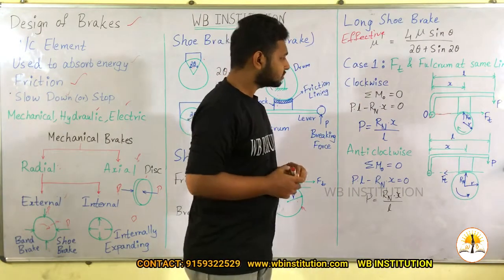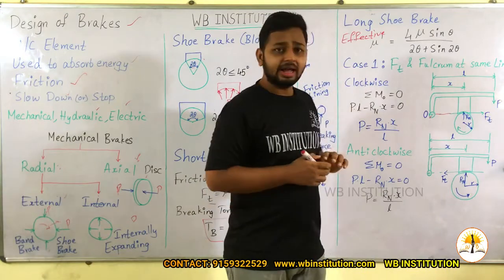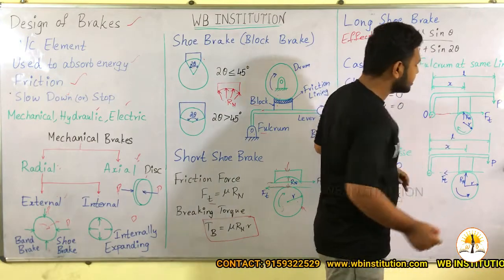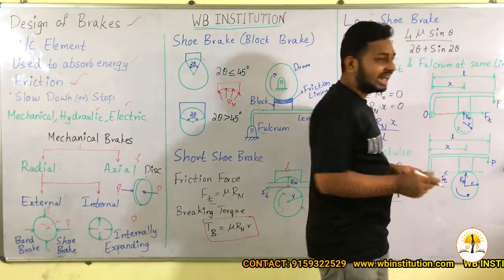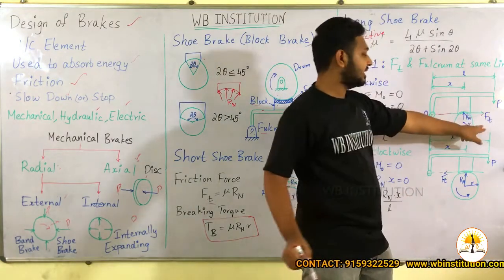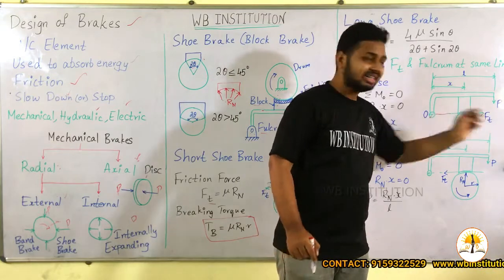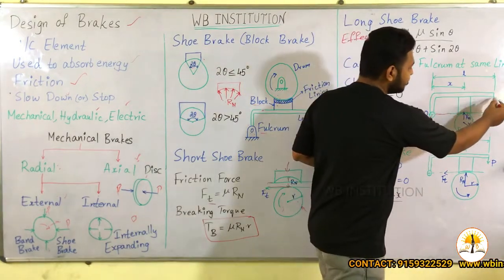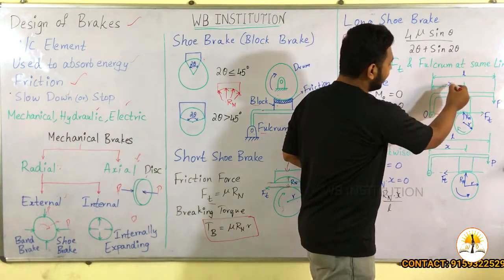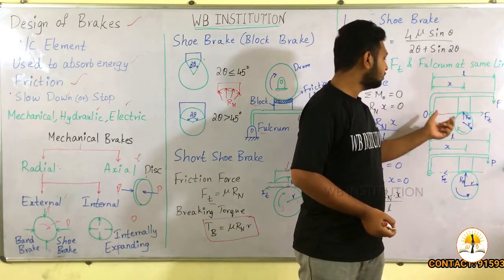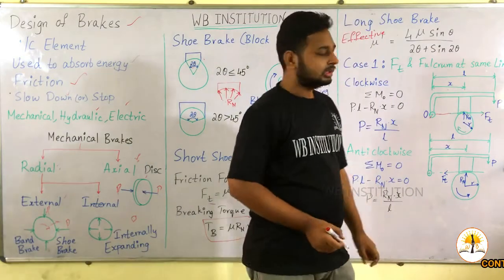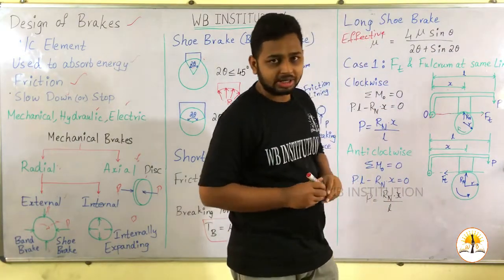So in the first case, let us say there is a clockwise movement in the drum. So here you can see the clockwise movement in the drum. So the force Rn will be acting on the shoe. Now the frictional force will be acting in the direction Ft, that is shown in the clockwise direction, and this is the pressure which will be applied on the lever in order to stop the drum, and the distances are x, that is from the fulcrum to the drum, and L, that is from the fulcrum and the point of force applied. So the direction is clockwise rotation of the drum.